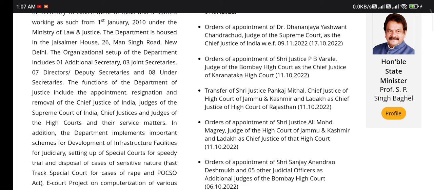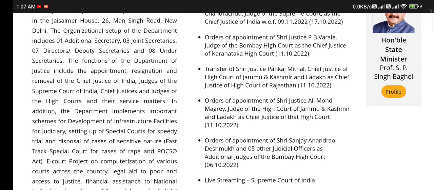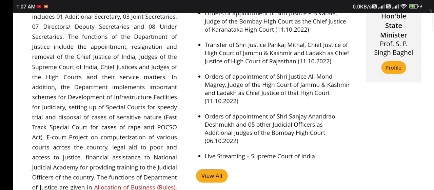schemes for the development of infrastructure facilities for the judiciary, setting up special courts for the speedy trial and disposal of cases of a sensitive nature, fast track special courts for cases of rape and POCSO, prevention of sexual offences, e-courts and project commercially. Okay, these are the things